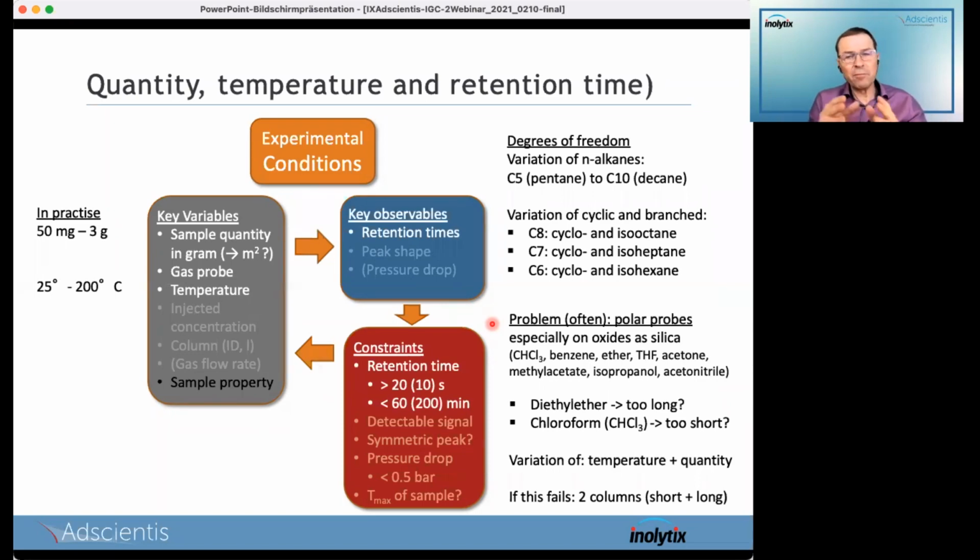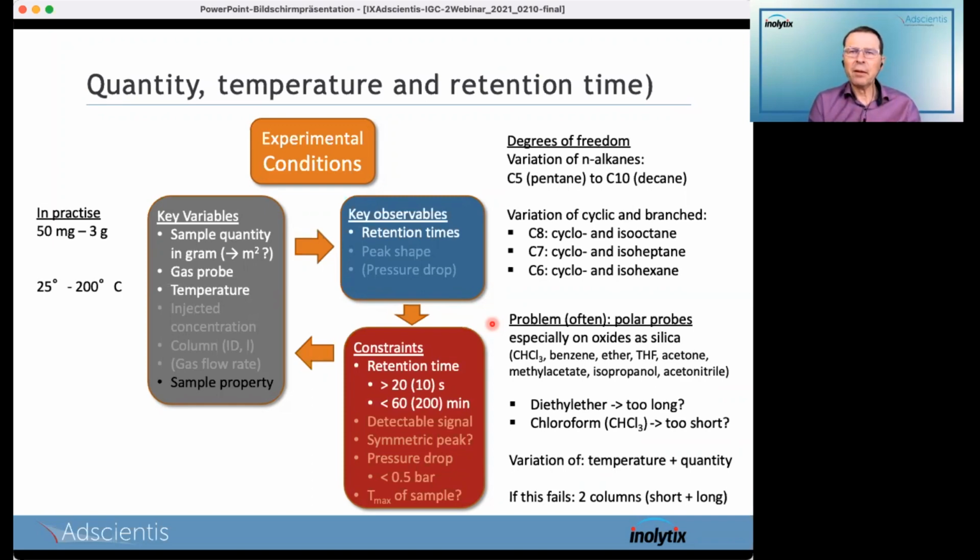That can happen relatively easily on oxides, yes. Or with chloroform, is it too short? So if it's too long, we can increase the temperature until it's in a reasonable range, but beware that the chloroform might become too short. So this is a kind of trade-off, where we have to find a reasonable way of working within these